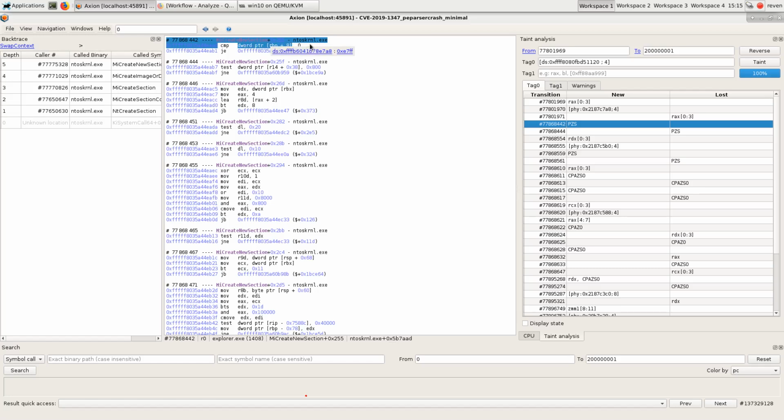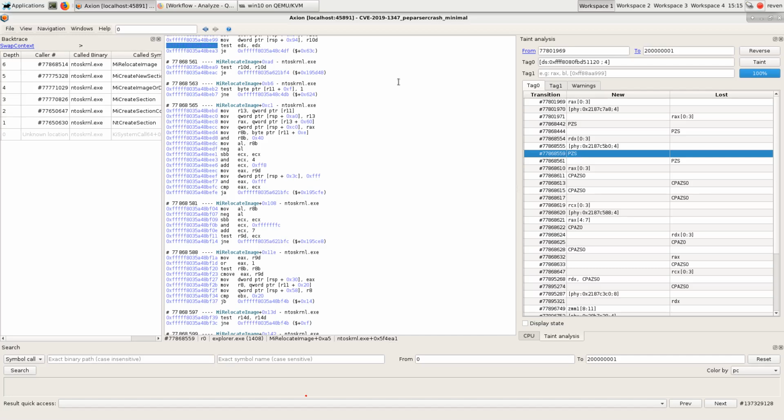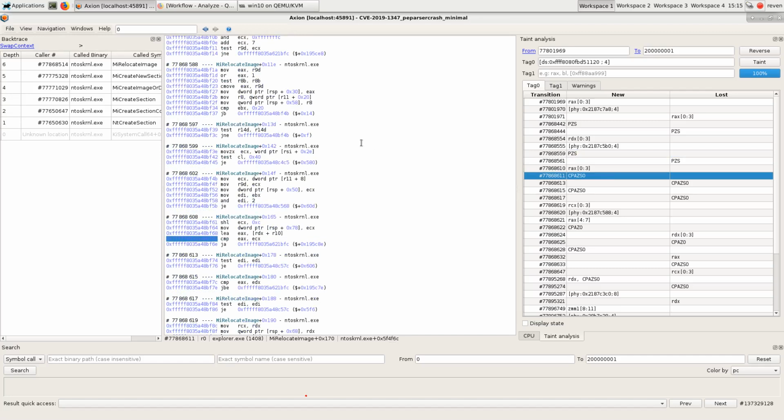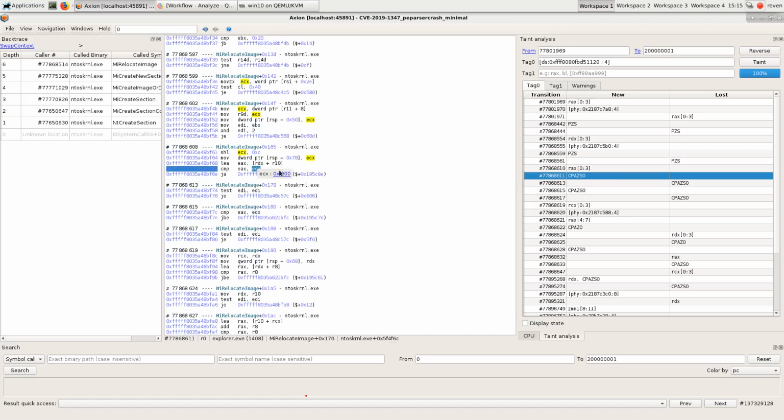This is the case here, and I'm testing that value against 0. That's not what I'm interested in here because I'm more interested in the upper boundary checks, so I'm going to skip this one. The second one is similar because I'm testing against 0. And finally, the third one is more interesting. I'm testing against something that looks like an upper value. So this is an area of code which I'm interested in,